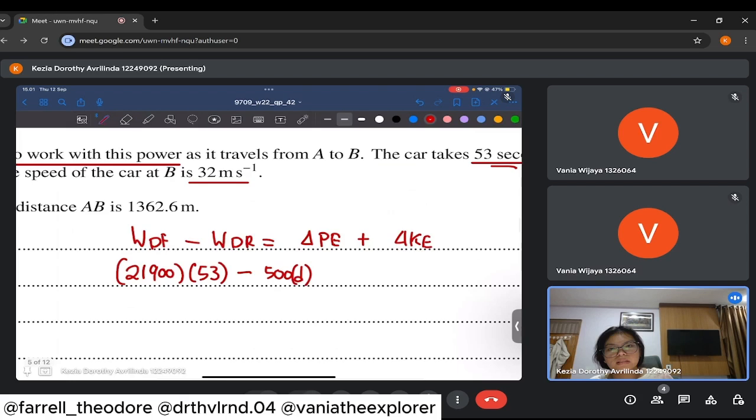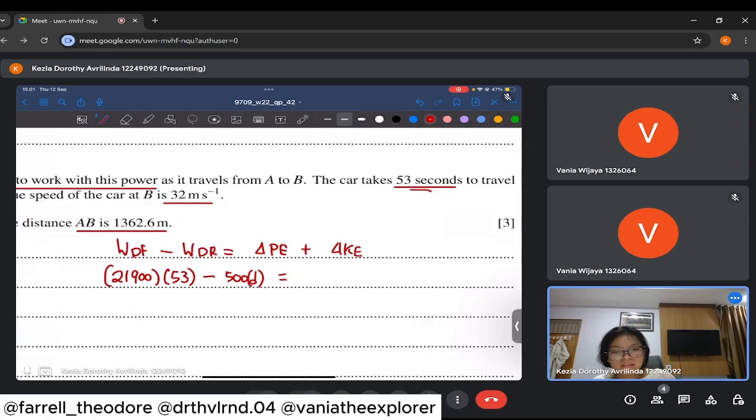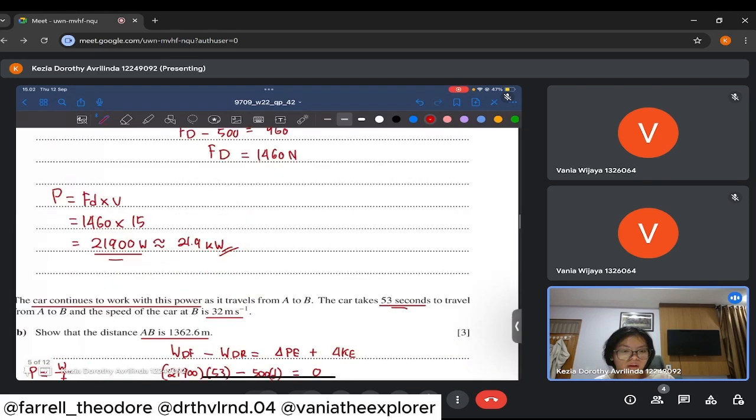And our delta change in potential energy is 0. Why is it 0? It's 0 because there's no change in the height, like what it's stated in question A: a car of mass 1,200 kg is traveling along a straight horizontal road. A straight horizontal road means that there is no incline at all from the road, so there is no change